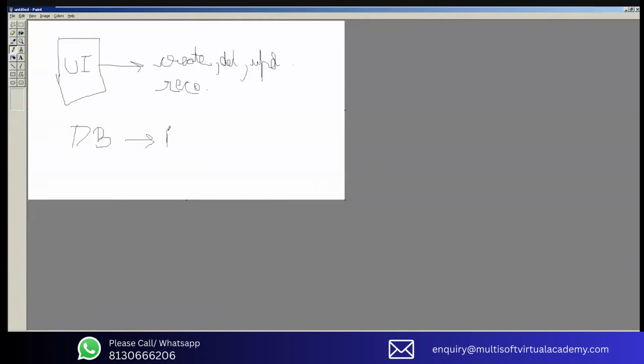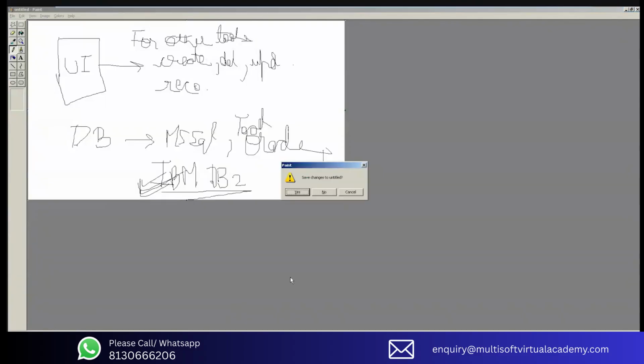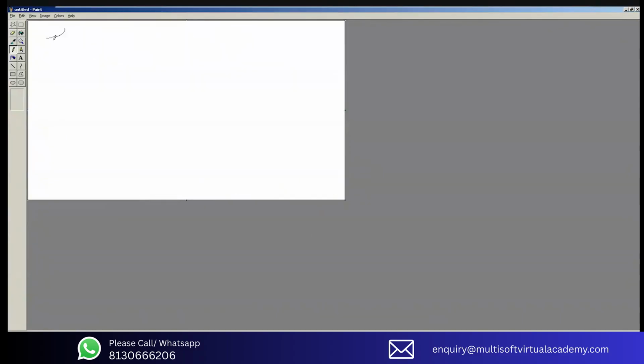That software may be MS SQL. This is for others, not for Maximo, for other tools. We're using MS SQL, Oracle, that is known as storage for other data. Now for Maximo,